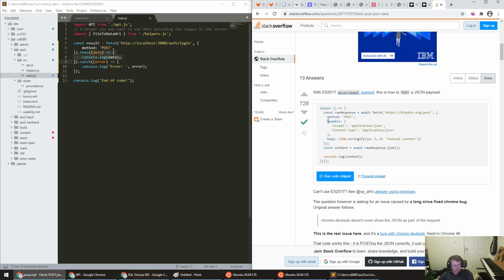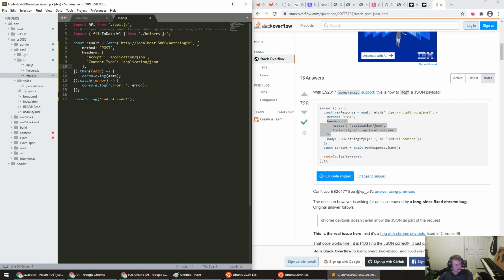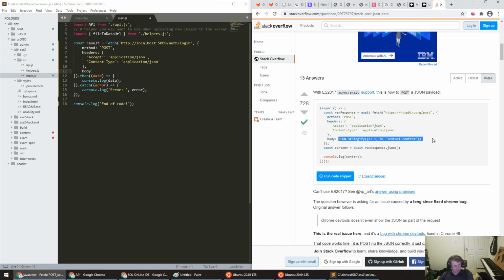I can see a couple of things here, which is that it doesn't just say POST for this one, but it also has headers. Headers are basically metadata associated with HTTP requests. So in this case, the headers are saying that it accepts JSON and the content we're sending is JSON. And then you can also see here that if we want to send a body of JSON, it says we can send it like this, where essentially we give the